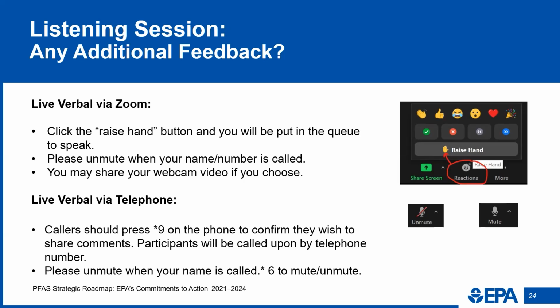We would just like to request the EPA speed up the release of the MCL for PFAS. We are sitting on a couple alternative engineering designs for treatment, and we can't move on them until we know what the EPA is requiring from the MCL. So just waiting on that.